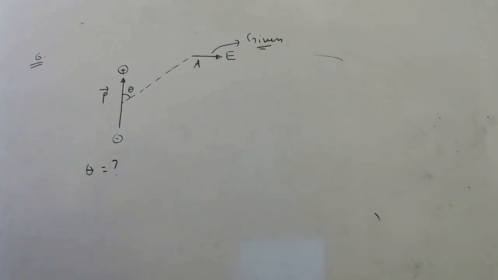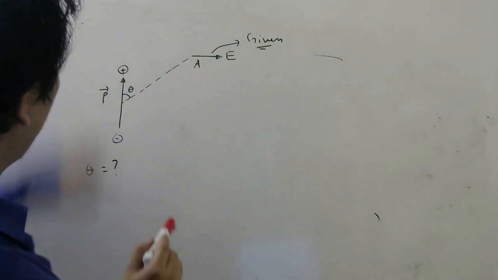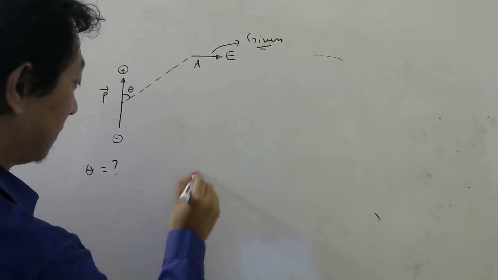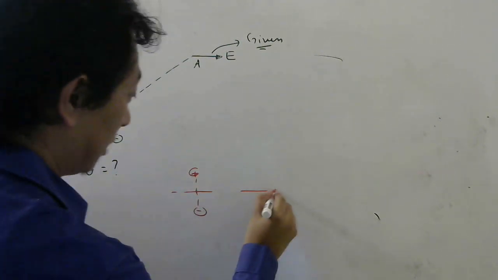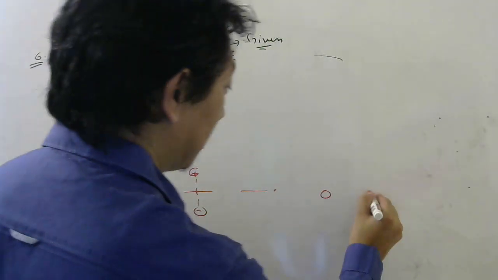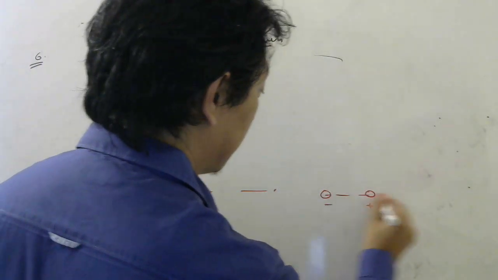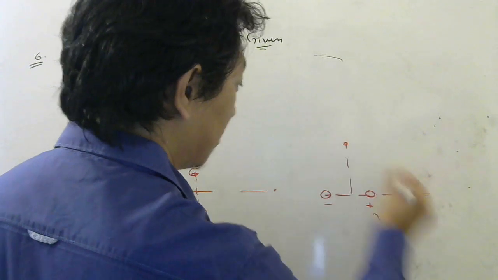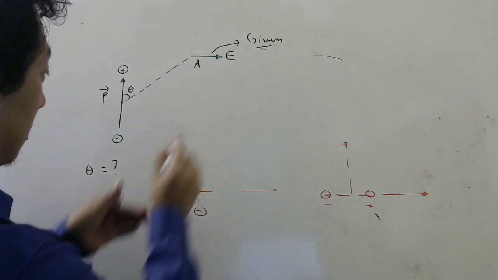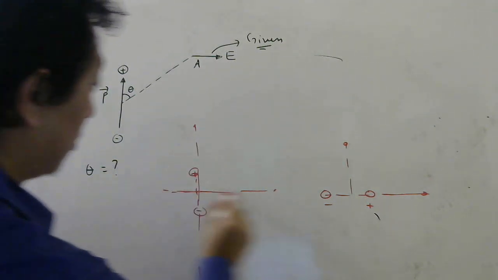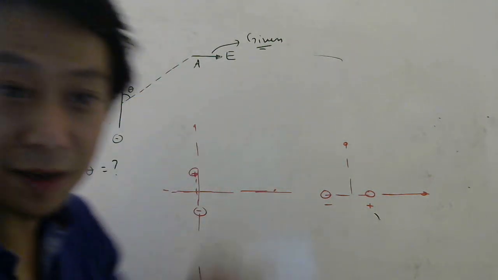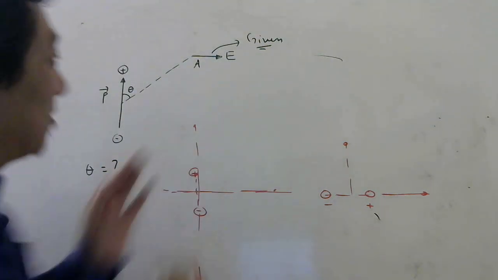Now look carefully. Is this point axial point here? Now your dipole is kept like this, students. So this becomes equatorial point now. When the dipole was like this, that was your equatorial point, this was your axial point. Now you have turned the dipole like this. So this is your axial point and this is your equatorial point. Is this point axial or equatorial? Neither axial nor equatorial. What kind of point is it?